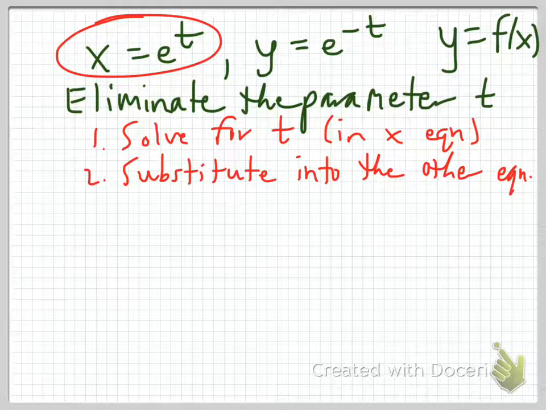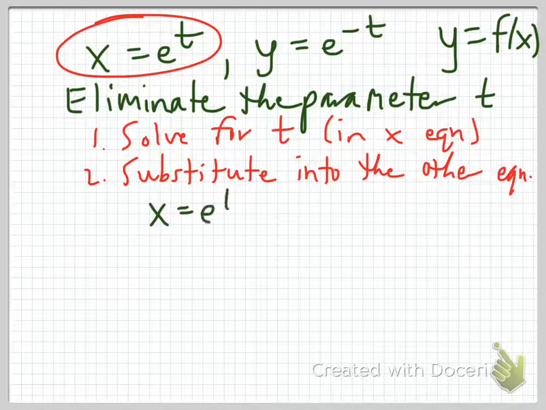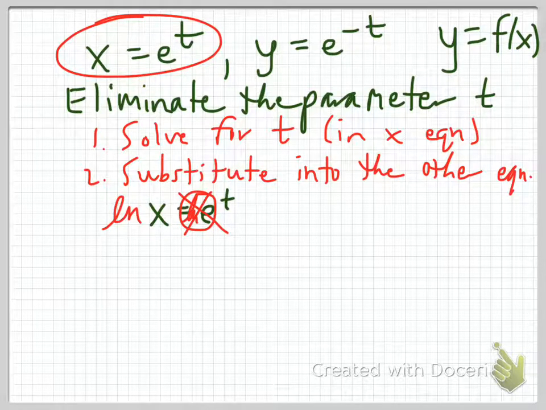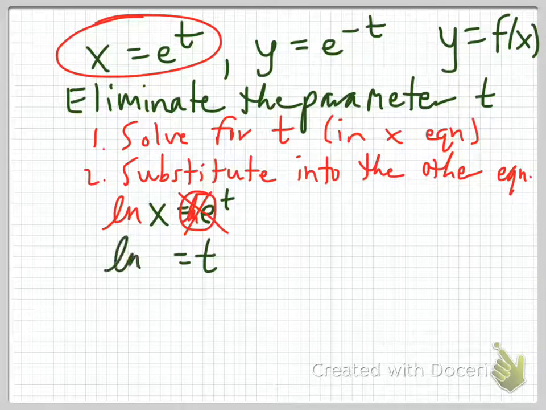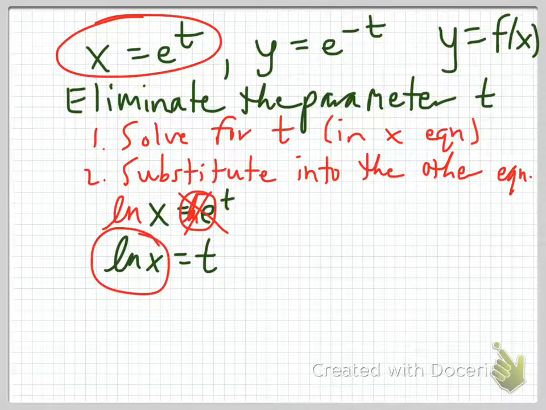x equals e to the t. How are we going to solve for t? Well, you have to remember how to solve logarithmic equations. You take the natural log of both sides, or you could just convert this to natural log form. ln of e to the anything, that basically goes away. That goes bye-bye. And we get t equals ln of x. So now we have t. That's what t is equal to. And if t is equal to the ln of x, and we substitute that value into the other equation, then look at this. It's pretty cool. So you get y equals e to the negative